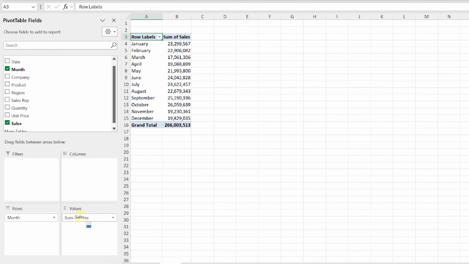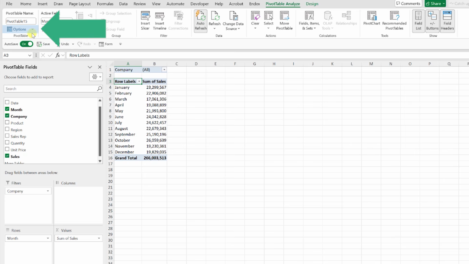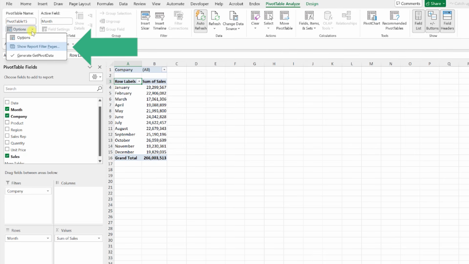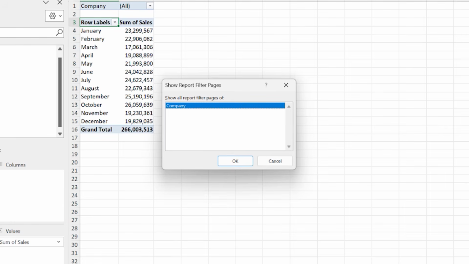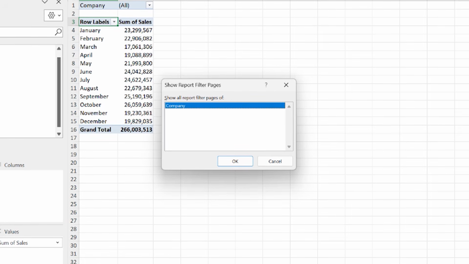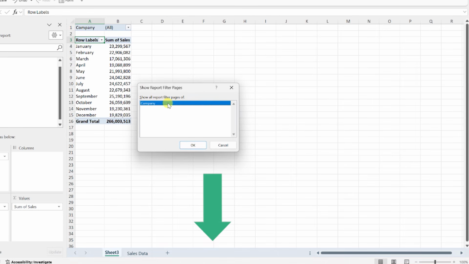Now here's the trick. Drag the company field into the filters area and then open the options dropdown on the pivot table analyze tab and click show report filter pages. This command automatically creates filter pages, or in other words, worksheets for each value in the filter field we select. So I'm going to go ahead and choose company and watch what happens at the bottom of our Excel grid